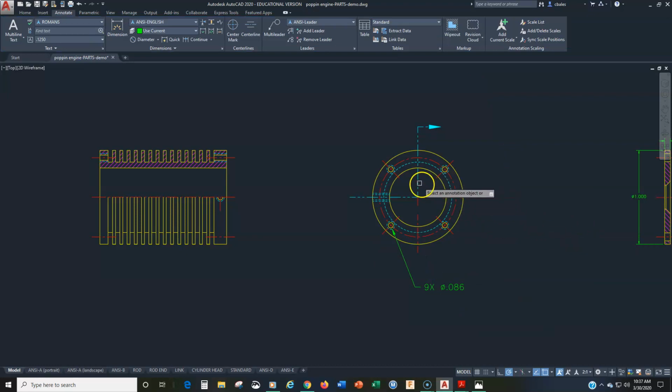Now moving along, we have another diameter. Let's get the diameter of this hole. This is the bore diameter. So we're just doing sizes right now. We have the length of this, right? The cylinder itself has a length of 1.4, and it has a diameter of